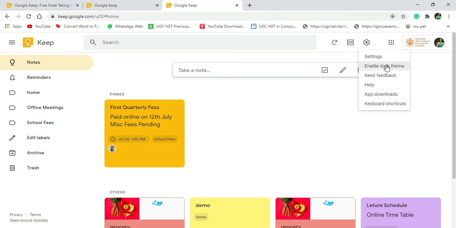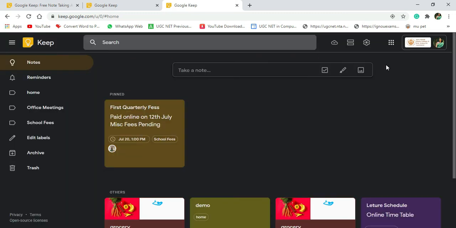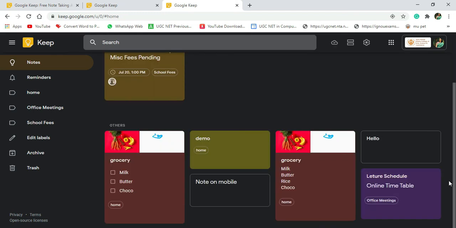And then app download. Google Keep you can download for mobile also or for tablet also. If you are making some changes on mobile, it is going to show you. So let me quickly type something on mobile and show you whether it is working or not. I have just gone to my mobile, and now I'm adding one note. Hello is my note, and then let me refresh this and let's see whether I'm getting that hello note or not. So you can see I'm getting this hello note which I created on mobile. So just remember, sync should be on in your mobile.